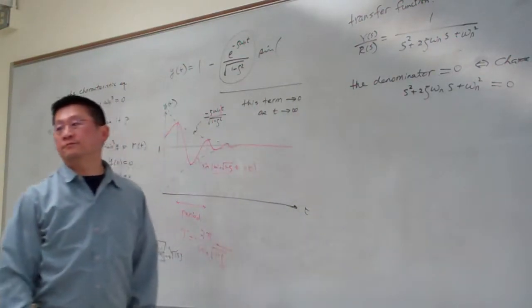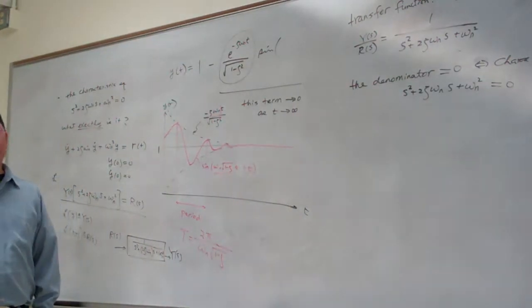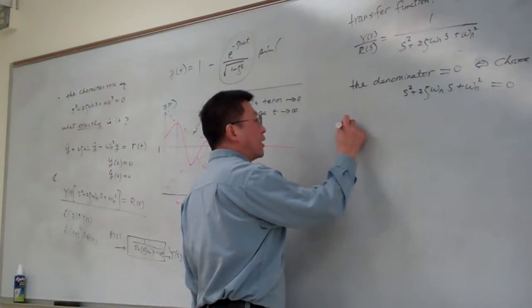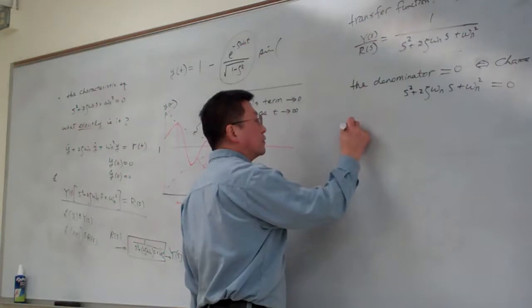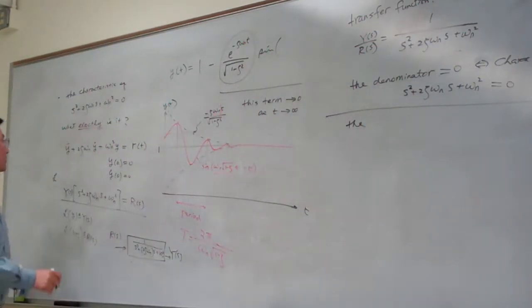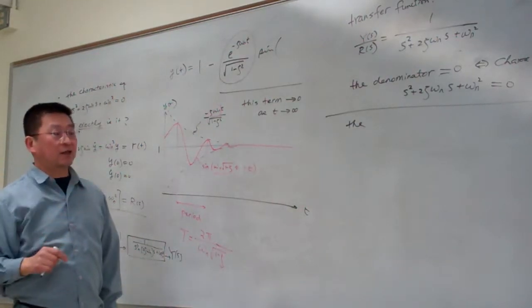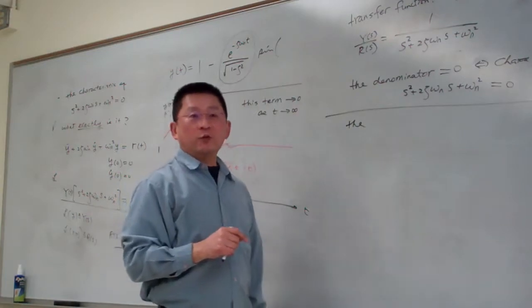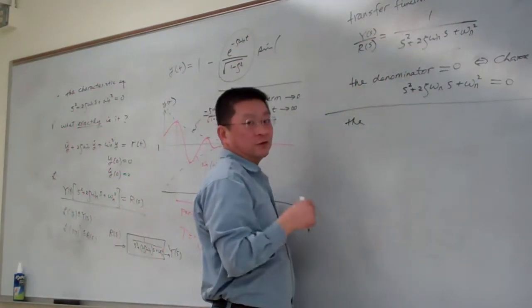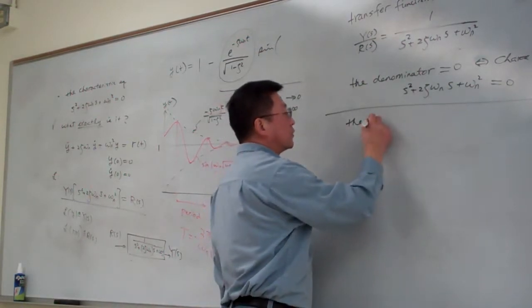You good? Okay. So now the root, so that is to answer this question, what exactly the characteristic equation is. Basically that means the polynomial equation in the denominator of the transfer function set equal to 0. Okay. So the root